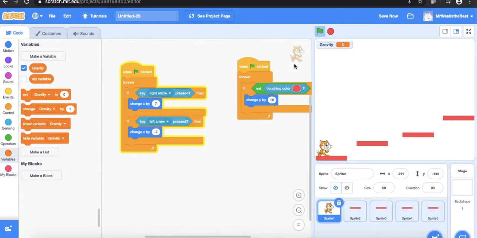Okay, this will make sense soon. Well, it might not make sense, but we'll see how we go. We're going to change the y by gravity. So if I decide that I'm going to leave that, then it's affected by the gravity. But we haven't set the gravity yet. Okay, and we're going to change the gravity